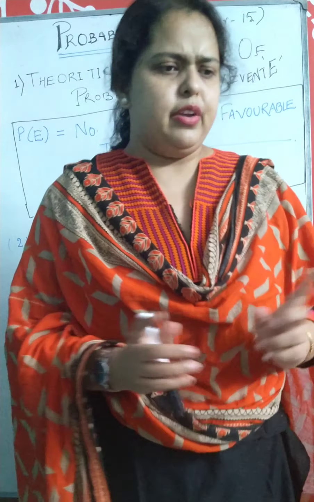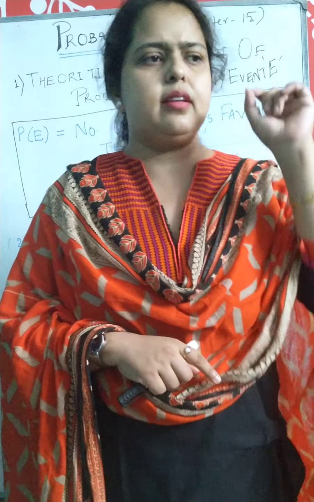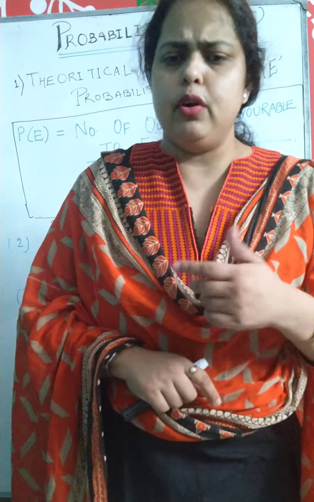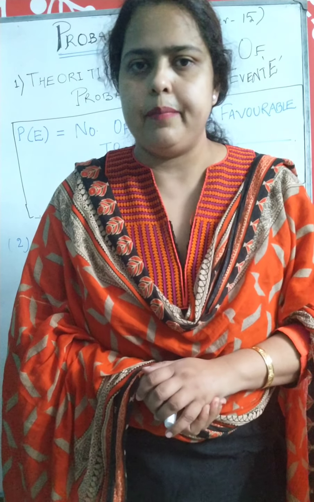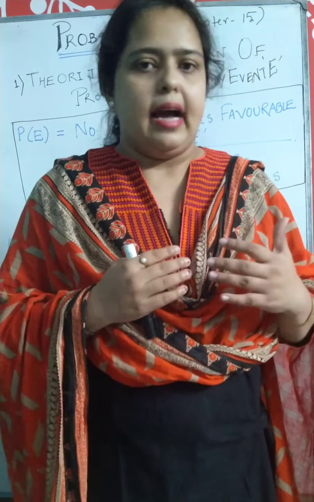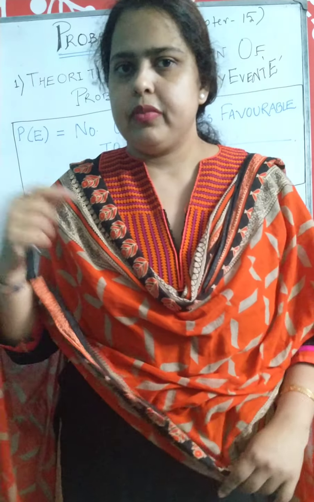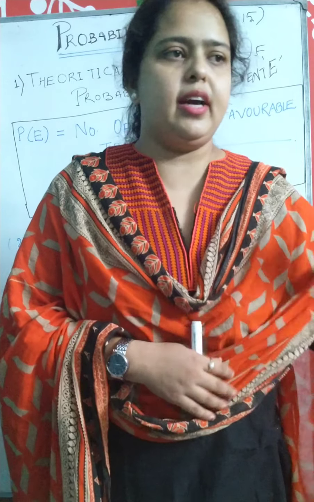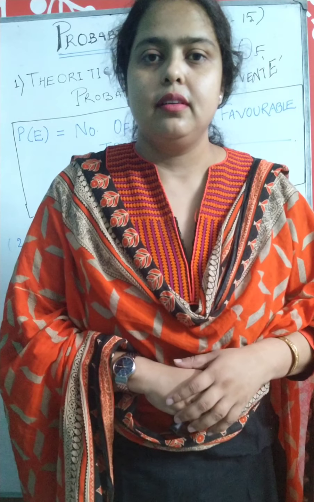Or your science teacher is telling you, look children, these are the two chemicals, and when we mix them, we are going to get this particular resultant out of it. Say, for example, in a chemistry lab, you are doing a certain experiment, and you are very sure that if acid plus base is mixed, you are going to get always salt and water. These type of experiments are known as